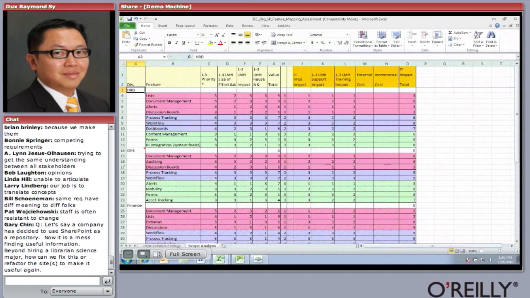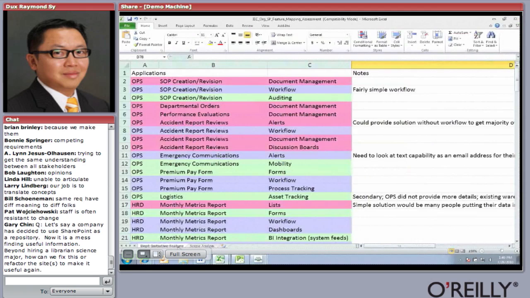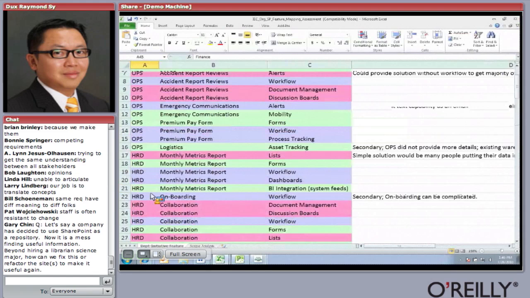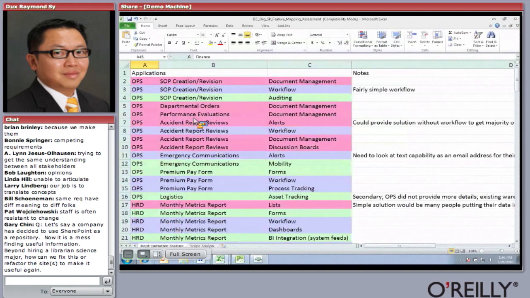So one of the things that I do during elicitation and analysis is, first of all, when I do elicitation, I talk to different groups. So look at this spreadsheet here. In this case, it's the operations department, HR department, finance department. One of the things that I do is I understand the problems that they have. As I poke around, for example, operations, they have problems with SOP creation, doing departmental orders, performance evaluation, whatever. But in the back of my mind, I map these. I don't show this to them, but I map this to SharePoint capabilities: document management, workflow, auditing, whatever, and I